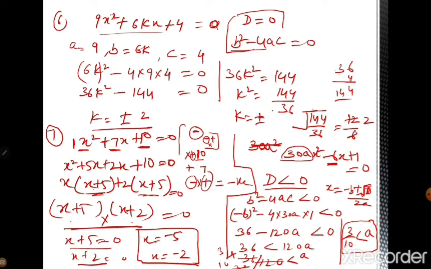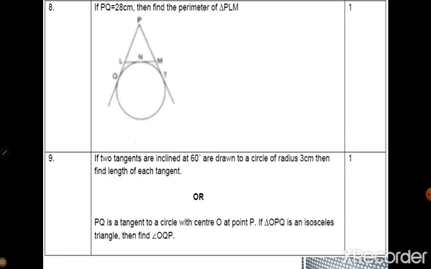Okay. So whenever any condition is given, you should know that formula, that condition. Then you can solve the question easily. And if you can't solve the full question, at least write the condition. At least write the formula so that you can get half a mark instead of getting 0. Don't leave it blank. It is better if you solve it fully, then it is very good. But unless you don't know anything about it, at least write something. Don't leave it blank. Then you will get some marks instead of getting 0.